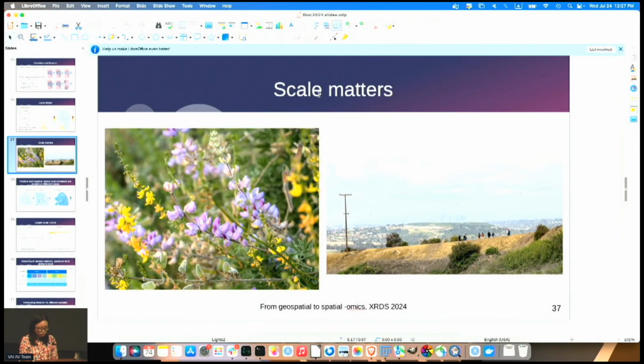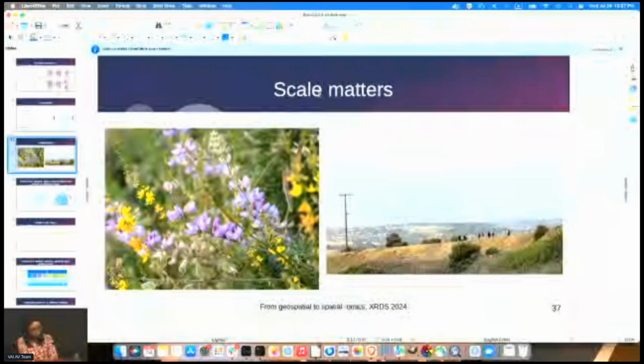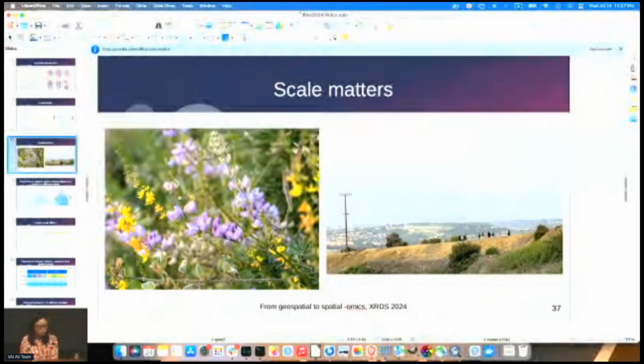When you have the spatial neighborhood graph at single cell resolution, like in Xenium and MERFISH, it means something different from Visium, where each spot has many cells, because at different scales there can be different spatial phenomena. Like in geographical space, the phenomena at the level of wildflowers will be very different from those at the level of landscapes.